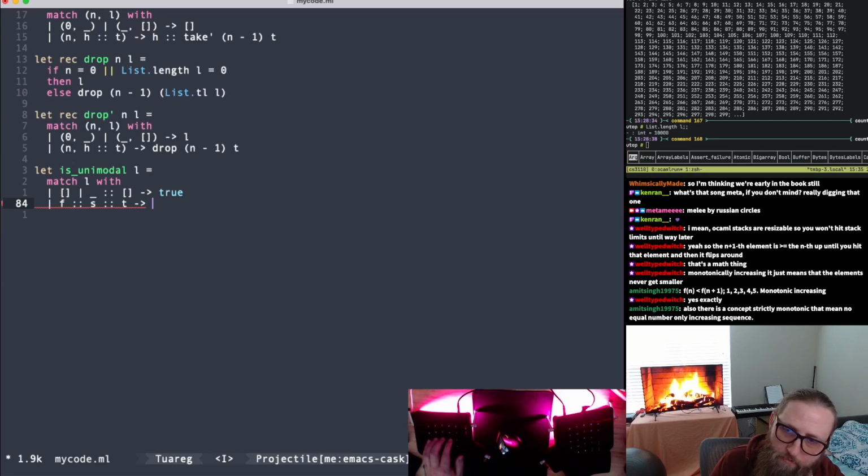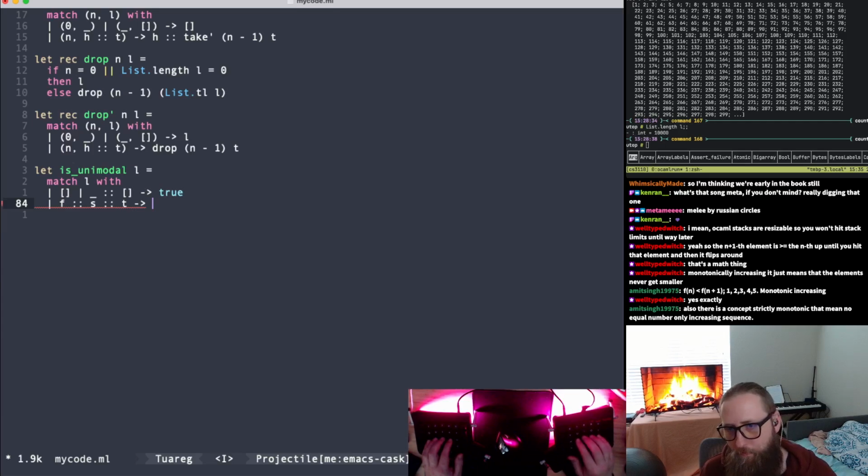So writing this in one function will be a little bit annoying, if not impossible. Yeah, pretty sure it's more on the impossible side of things. Okay, so